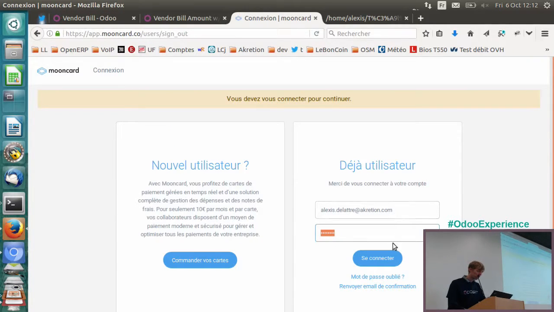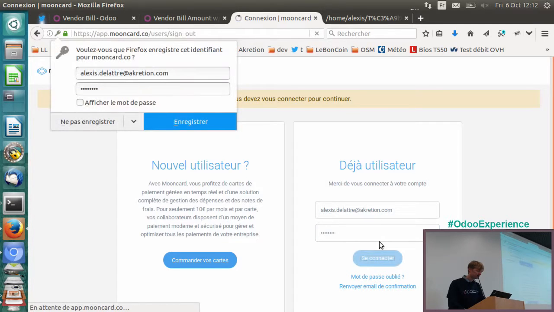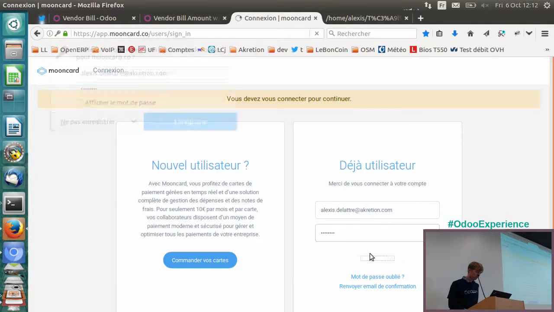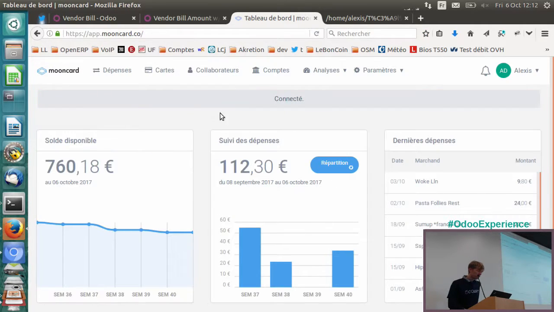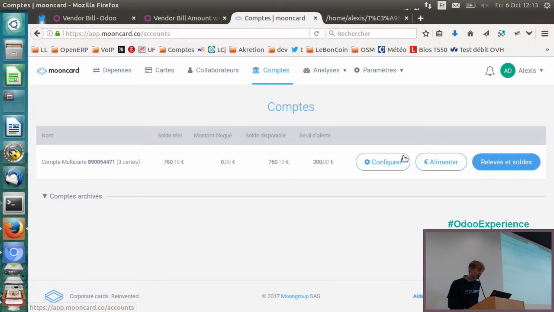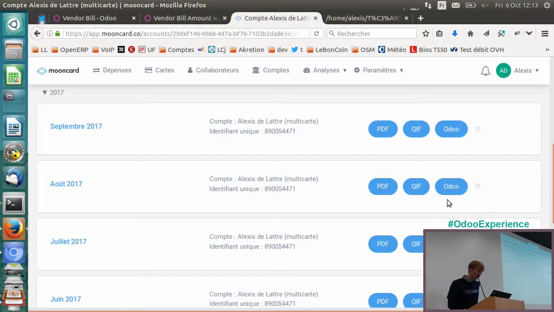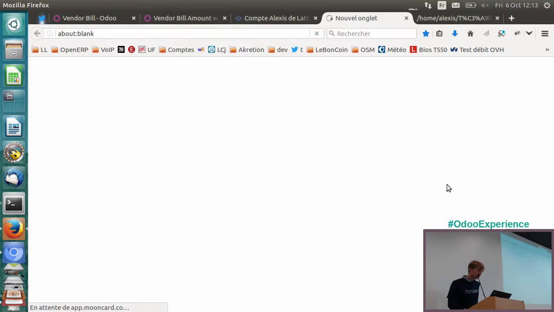I'll show you. I connect on Mooncard. Okay, let's try to connect. Okay, so I download the August bank statement for Mooncard.